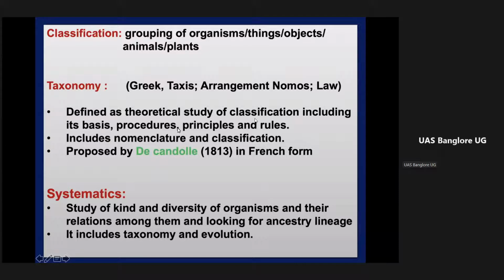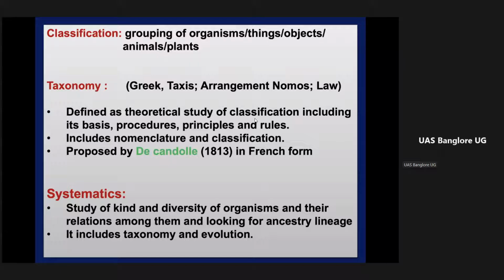Then coming to systematics. Taxonomy was proposed by De Candolle in 1813, who is from France. So we have classification, we have taxonomy, then coming to systematics: the study of kinds and diversity of organisms and their relationship among them, and looking for the ancestral lineage. So systematics is nothing but we are going to look at it in a different way. How do we look at it? Again, it is classifying or grouping, but